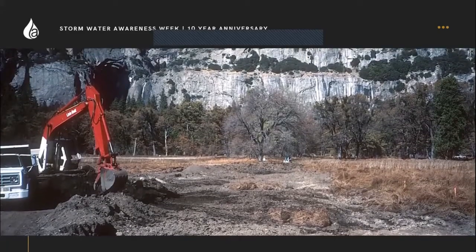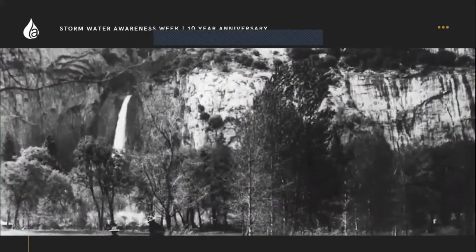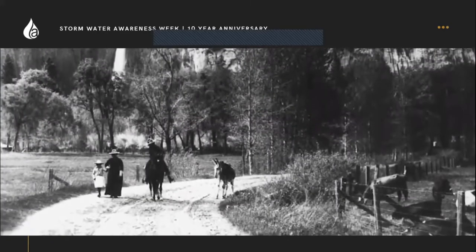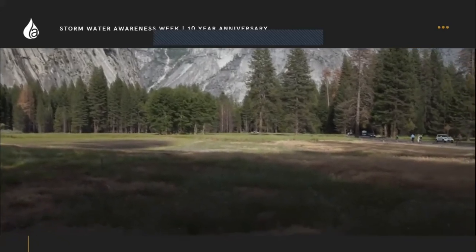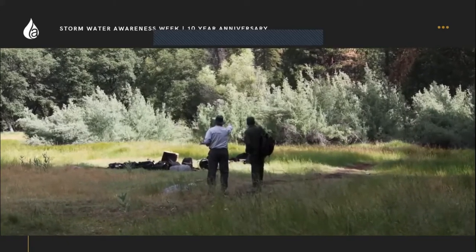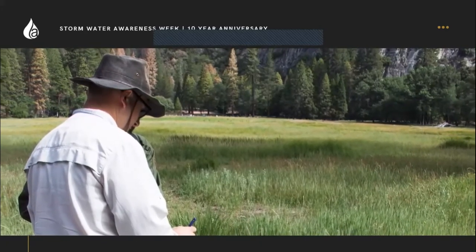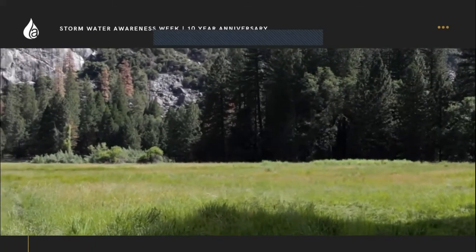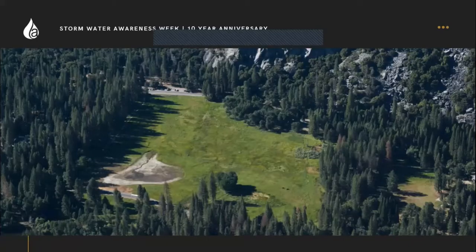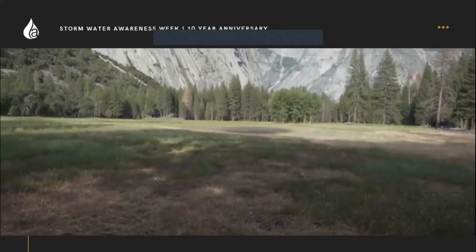The Awani Meadow Restoration Project has been underway for several years. In 2016, the National Park Service demolished and removed the carriage road that once led to the Awani Hotel and returned that area to natural conditions. The newly restored area on the east side of the meadow saw a resurgence of native wetland plant communities, reestablishment of willow groves, and a healthy wet meadow system. In 2017, the ditches draining the central portion of the meadow were filled in, bringing back the natural sheet flow hydrology. In 2018, the Park Service removed over 8,000 cubic yards of fill that had been put in the southwest corner of the meadow in an attempt to control mosquitoes. In 2020, the Park Service plans to finalize the restoration effort in the southwest corner of the meadow and remove